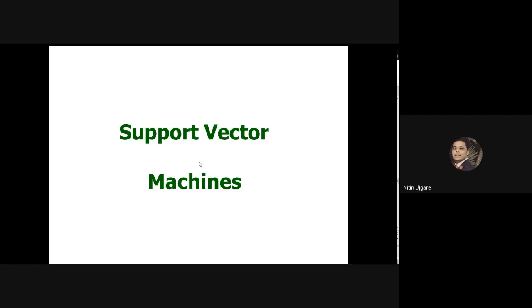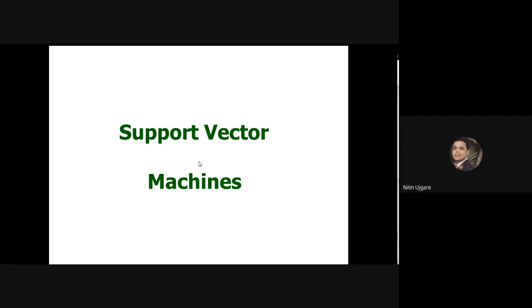In today's session, we will see the advanced version of perceptron learning, also called the best linear classifier amongst all, which is called the support vector machine. The support vector machine is also a kind of perceptron which tries to classify the input instances into two classes, provided that the data is linearly separable. In yesterday's session, we saw that if the data is linearly separable, then the linear classifier which classifies this data is called a perceptron.